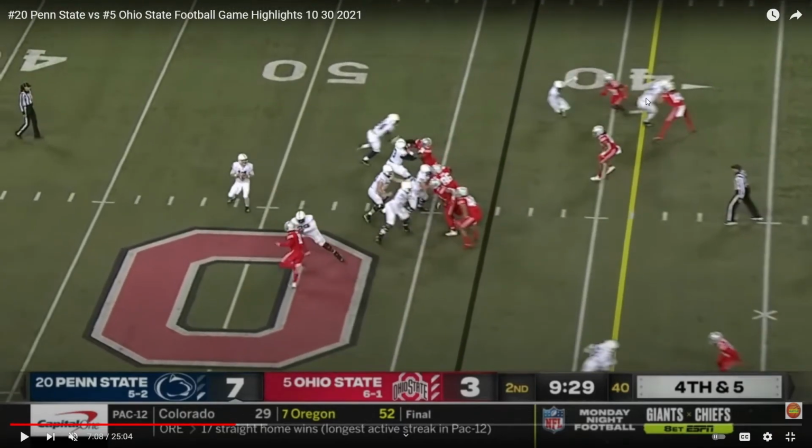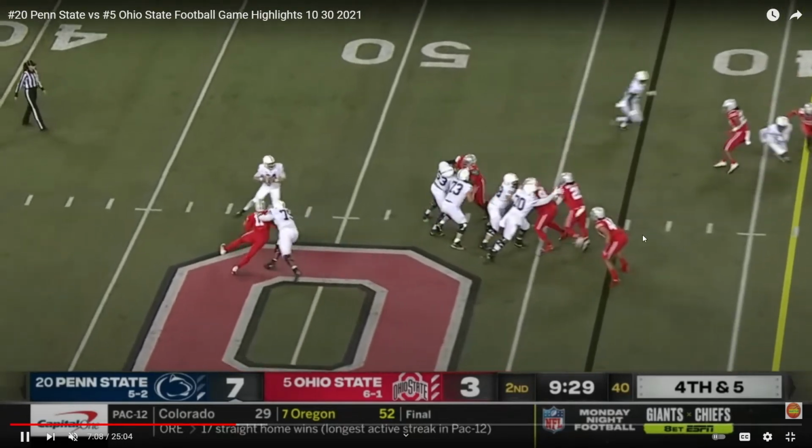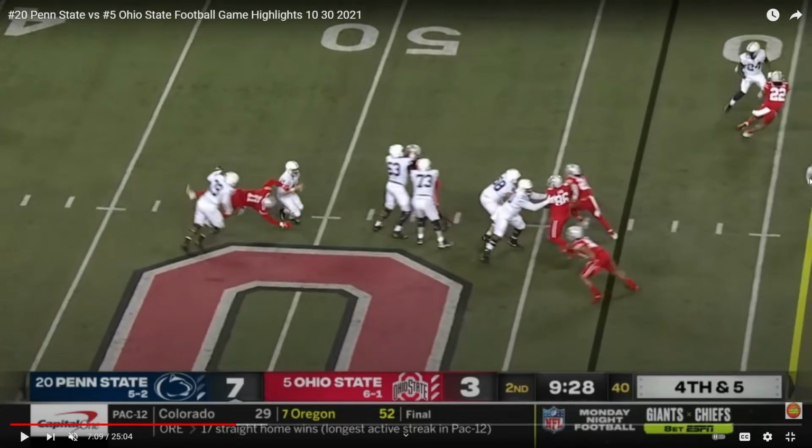So it's the same concept. This guy goes down the field. This guy cuts underneath. This guy goes out on a swing pattern. But watch the underneath route, because that's where Clifford is first looking this way, but then he's going to key on the underneath route. But watch the way it's defended. So Ohio State has 1, 2, 3 guys here. Or do they? 4. Watch what this guy does. Right as he's cutting across the middle, this guy drops back into coverage, and he takes away the throwing lane